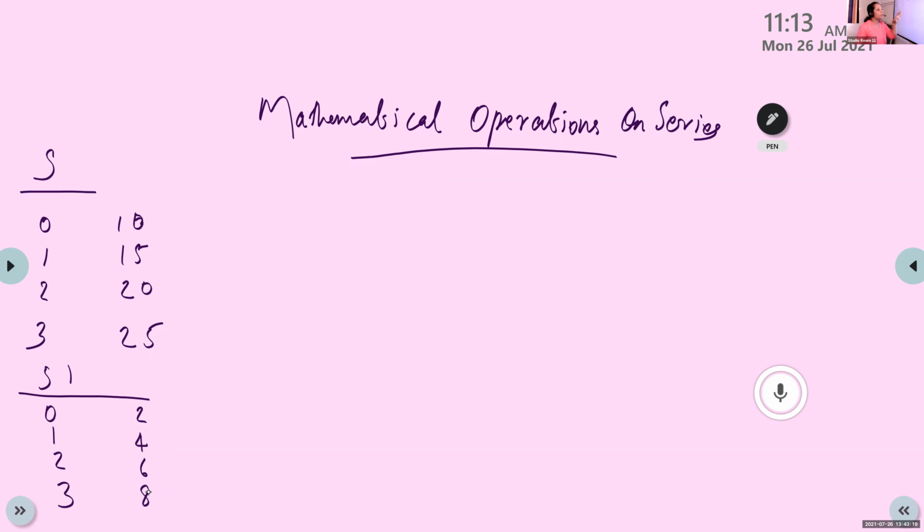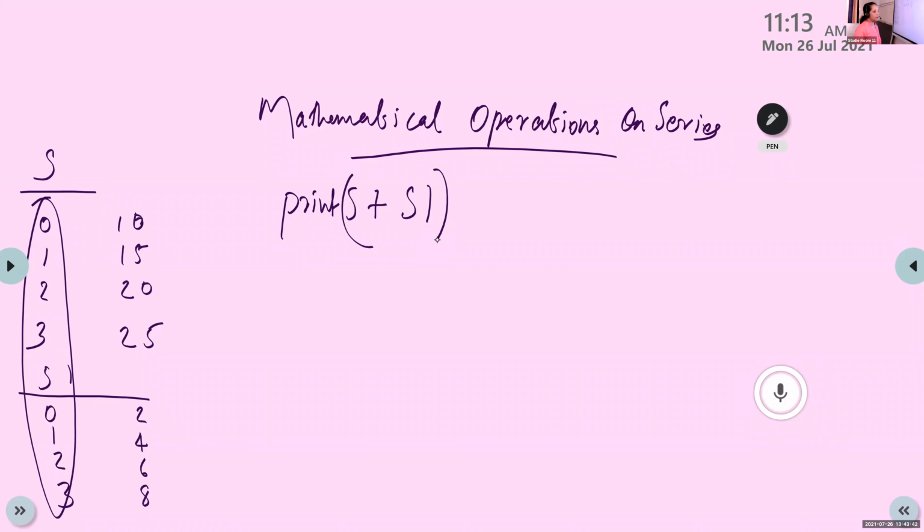If you want to perform any mathematical operation between two series, the index values must be the same. If I want to perform S plus S1, first you need to check the index values of S and S1. If there is a statement like print S plus S1, first you need to check the indices of S and S1.